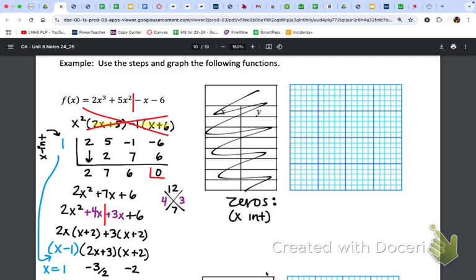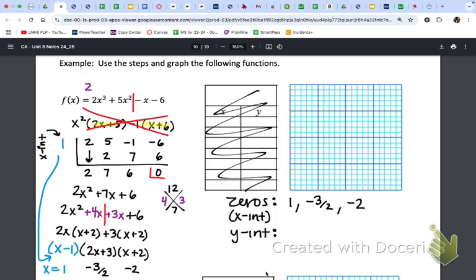So we have my zeros, or my x-intercepts, are 1, negative 1.5 or negative 3 halves, and negative 2. But I don't want your decimals, so please don't give it to me as a decimal. And then the other thing that I need you to give me is the y-intercept, which you can solve on your graph either by looking at the table, by tracing it on the graph,